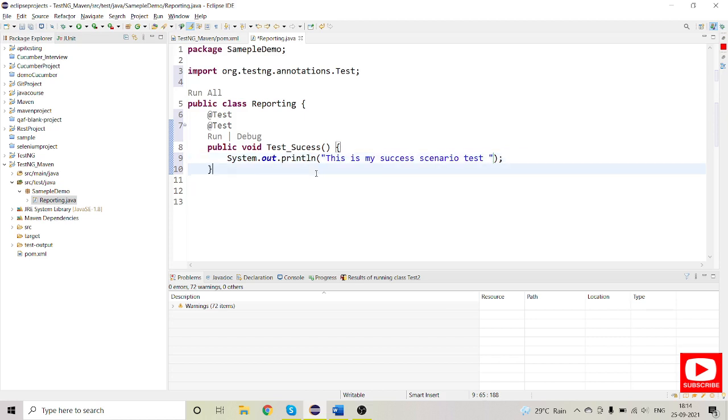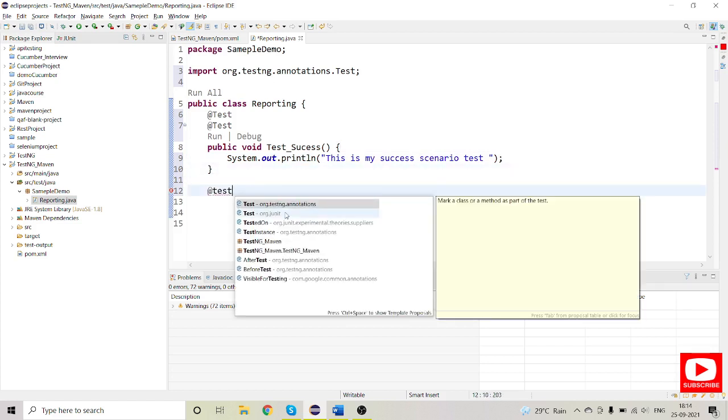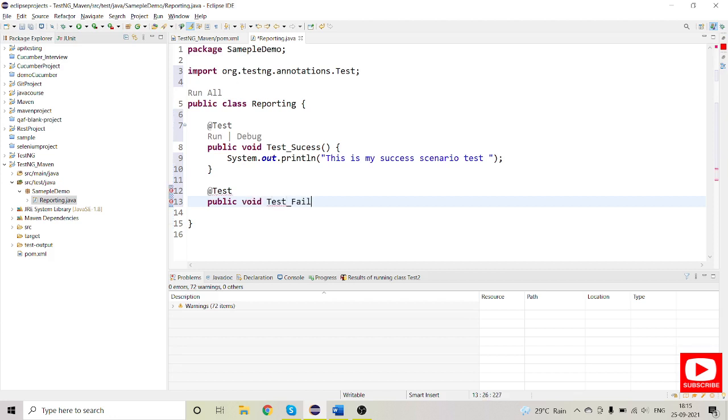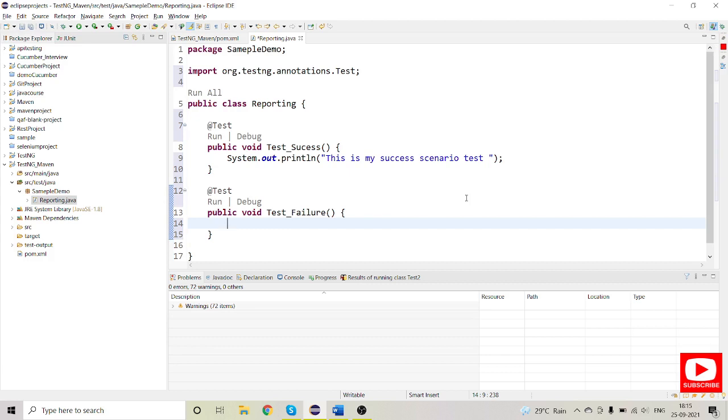Later I will create one more @Test, again importing from the package org.testng.annotations, and then public void testFailure. I'm just using sysouts.